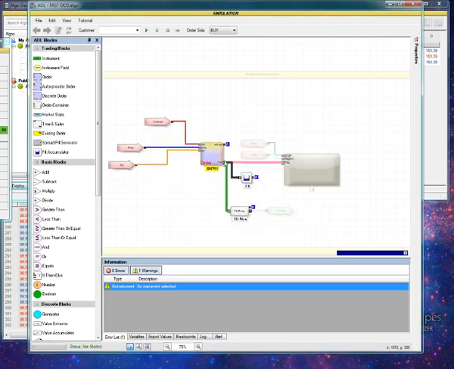Then what we have to do here is use a fill accumulator. The reason we use a fill accumulator here and not a value extractor, so the value extractor will basically,